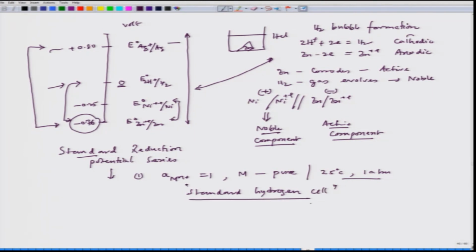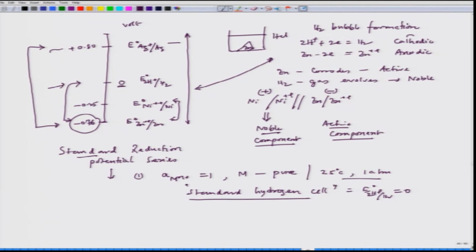We can measure this, because here the potential E0 of H plus H2 is maintained as 0. So, we can calculate these potentials with reference to this. Also, once we know the thermodynamic data, we can calculate the chemical potential of ions as well, because the chemical potential of the pure component is considered as 0 if it is in the standard state. That means it is in a standard and stable state at 25 degree Celsius and 1 atmosphere